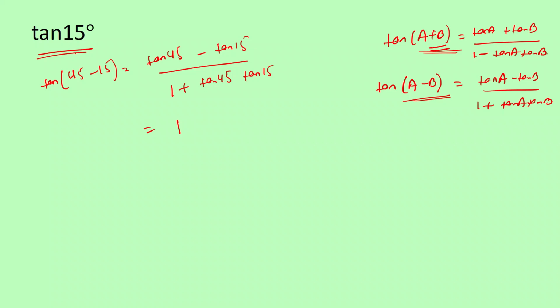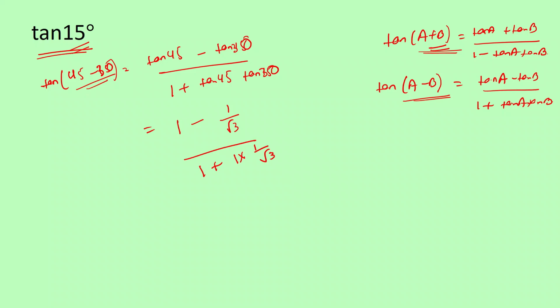I'm sorry, 15 degrees is not 45 minus 15, it is 45 minus 30. So my bad, replace all those 15s with 30. Alright, so 1 minus, what is tan 30 degrees? Tan 30 degrees is, I guess, 1 by root 3